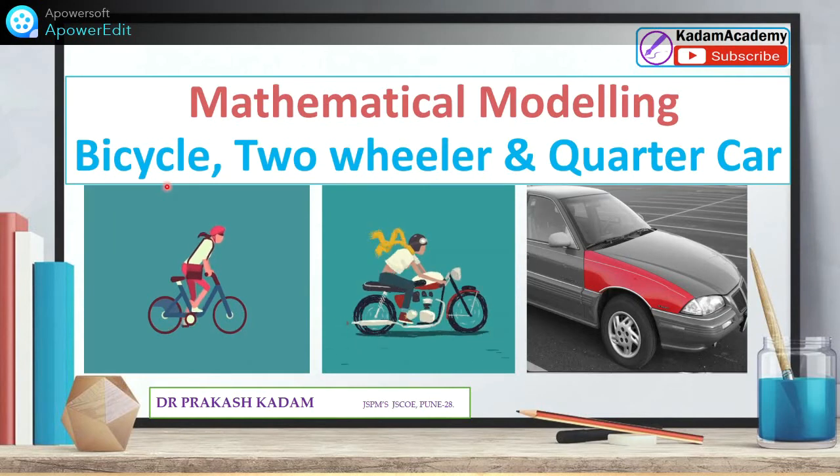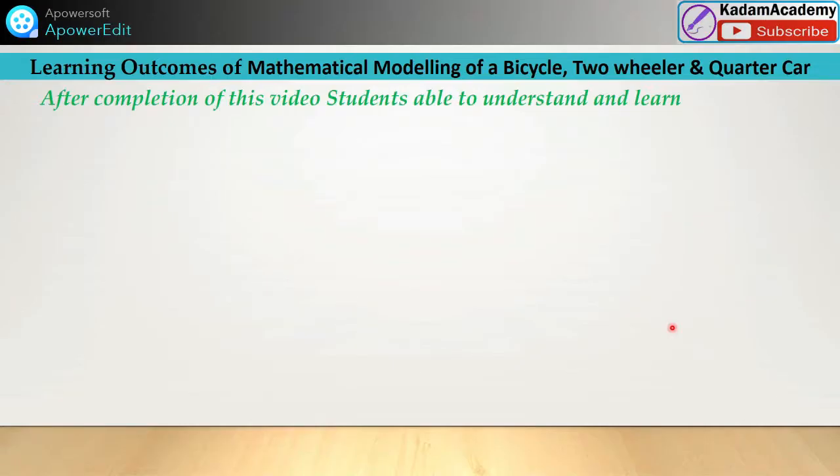And here, bicycle. See, this is the bicycle. This is a two-wheeler, that is a motorbike. And this car, just a quarter car. It's how the quarter car and how we can convert these actual physical systems into a mathematical model. And what you learn after watching this video for this bicycle, two-wheeler and quarter car,